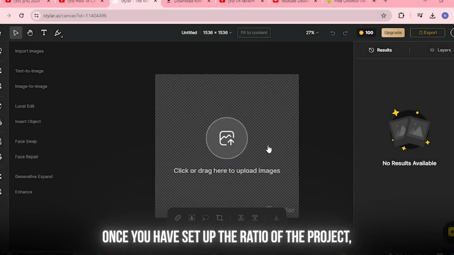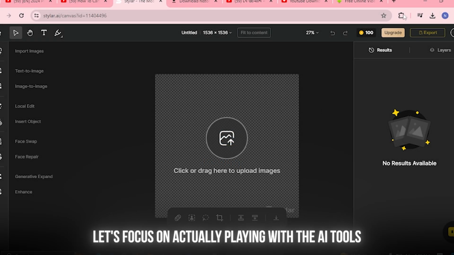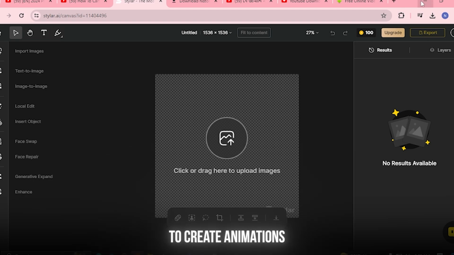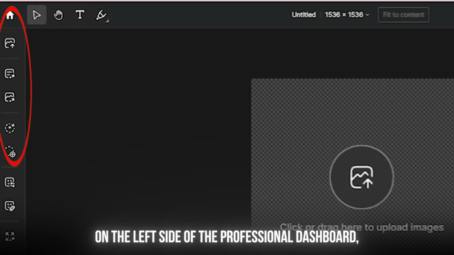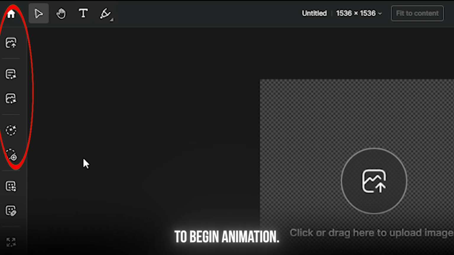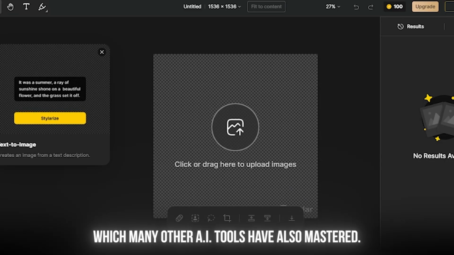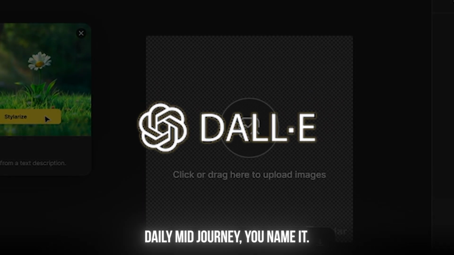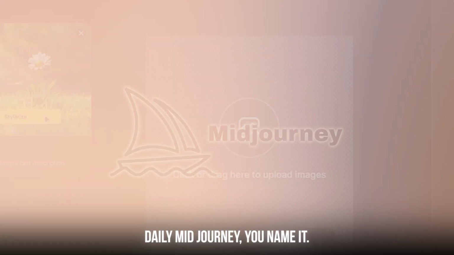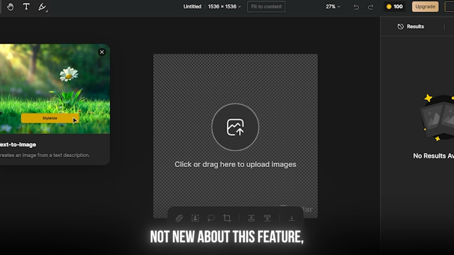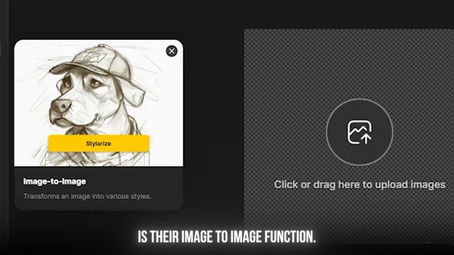Once you have set up the ratio of the project, let's focus on actually playing with the AI tools to create animations. On the left side of the professional dashboard, you can see that there are 3 ways to begin animation. Now, the text-to-image is a pretty common one, which many other AI tools have also mastered. DALL-E, Midjourney, you name it. So, there is nothing new about this feature, but the feature that I want to talk about is their